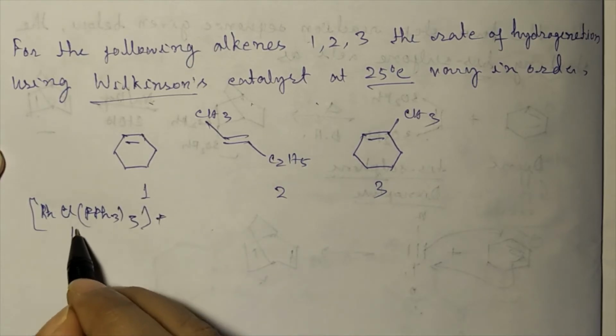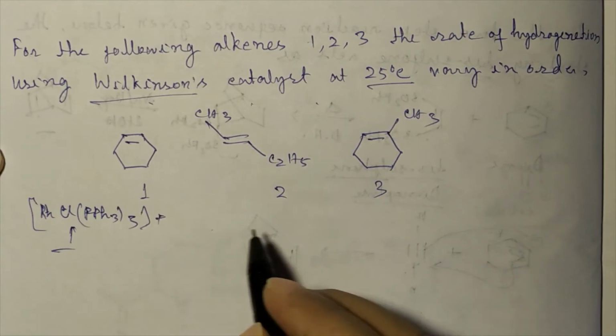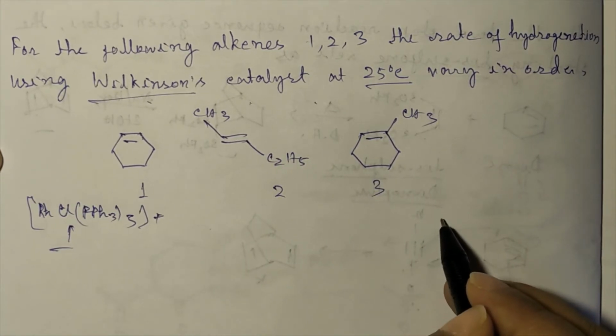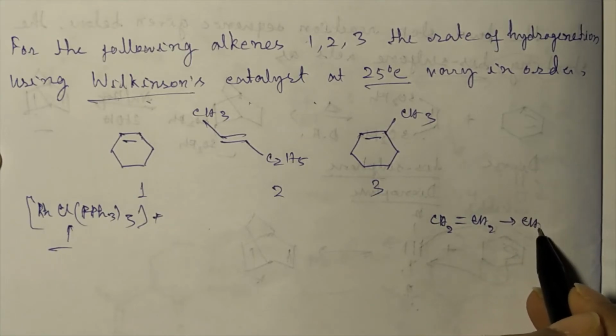This is the Wilkinson catalyst. So Wilkinson catalyst reduces the alkene into alkane,